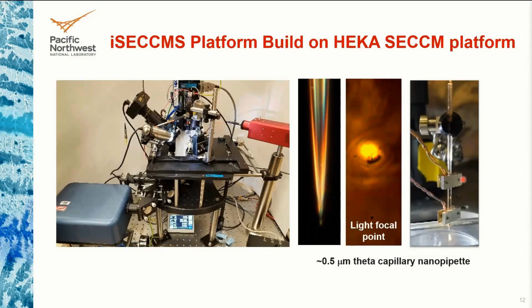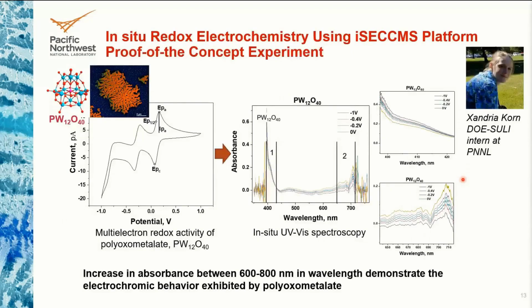So using this SECCM platform, we initially worked towards understanding the spectroscopic signature of a polyoxometalate, which we colloquially call a POM, which is a metal oxide cluster, which looks something like this. But the interesting property of the polyoxometalate is that it has a multi-electron redox activity, as you can see in